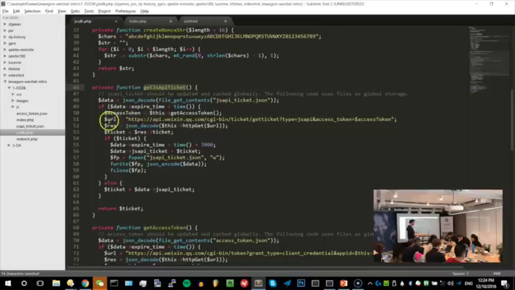If the ticket actually is expired, then we're going to call a similar URL to say to WeChat, please give me a new ticket because mine is expired. As you see, the URL is this one, and it's actually a very similar URL. After that we're going to call it and get the information back. The code is very similar to what we had before. It's just checking if there is a ticket and writing it inside the file. That's pretty much it. And in the end, it returns a ticket.